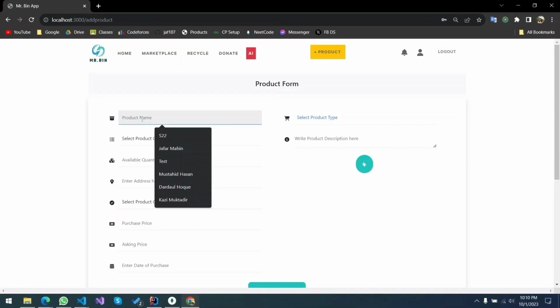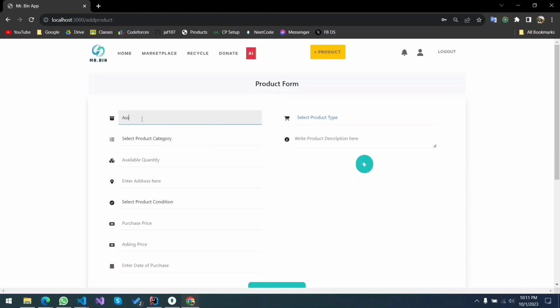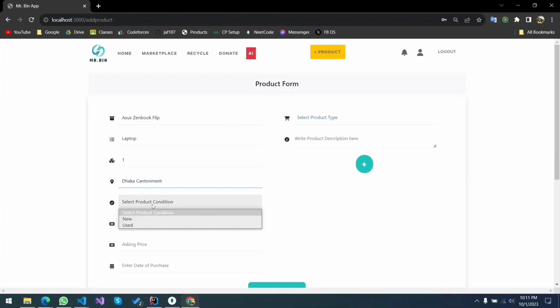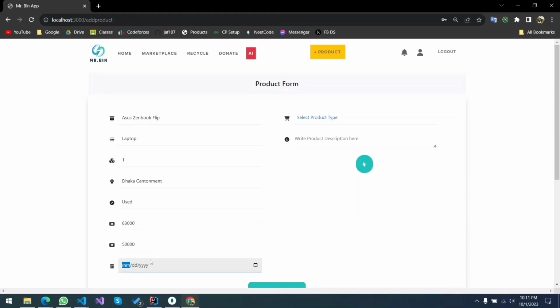For example, I want to sell my laptop, which is an Asus laptop from 2021. It's used for 2 years, the purchase price was this, the asking price is this.